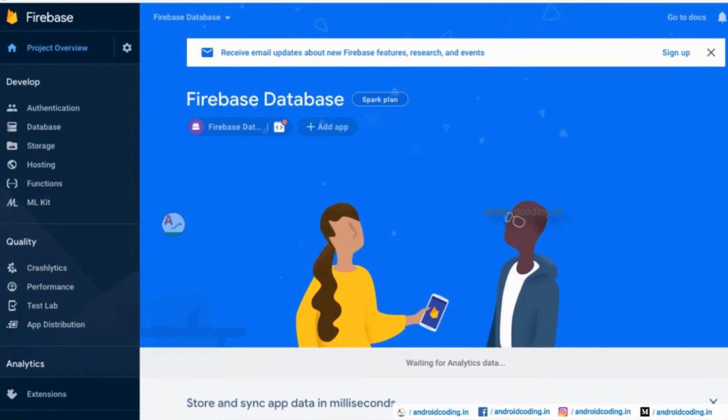So here we go. This is our database. So for the beginners who are watching this video, have missed the previous one, you might be confused. So you need to log into your Firebase console, and from there you need to select your project. If you don't have any project, you need to create a project, and you need to give your project package name.